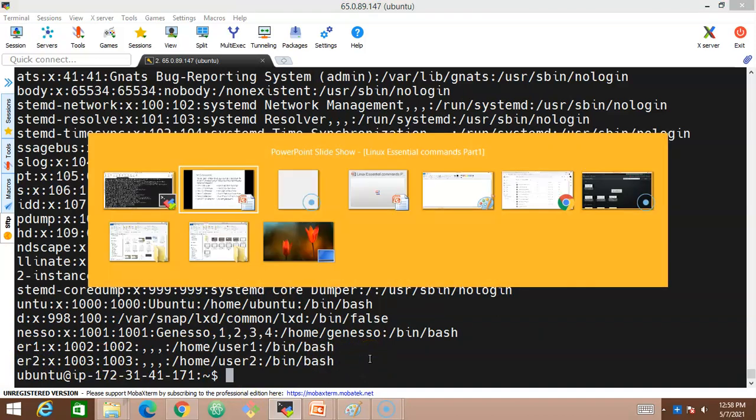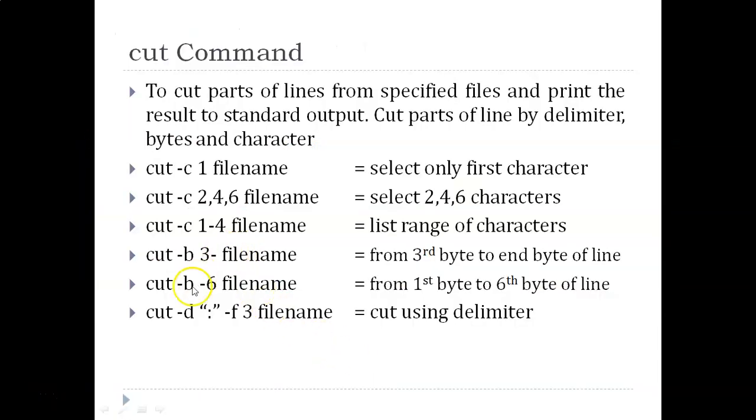In the same way, let us understand the next command. We have cut -b -6 here. Look at this, there is a slight difference. With 3-, it starts from 3 and ends at the last character. Here with -6, it starts from the first byte till the 6th byte. So whenever the hyphen is used at the beginning, it starts from the first byte till the 6th byte. It is going to cut those characters and display them on the screen.